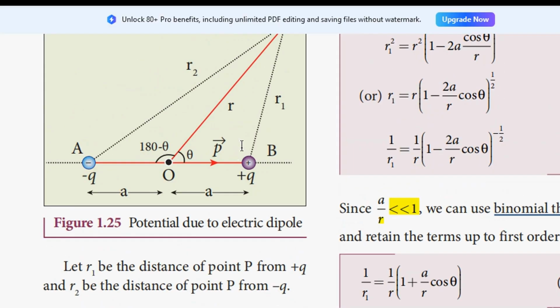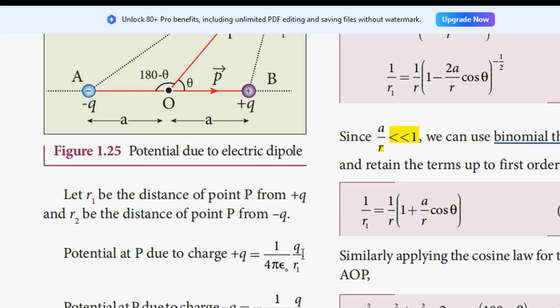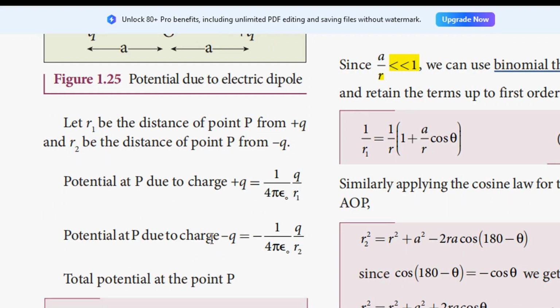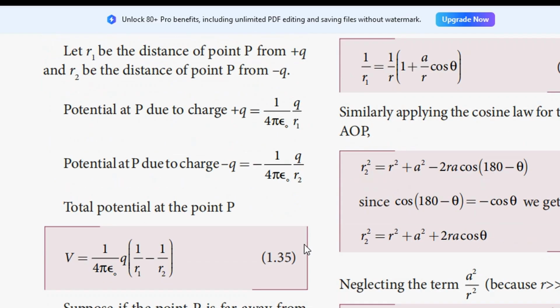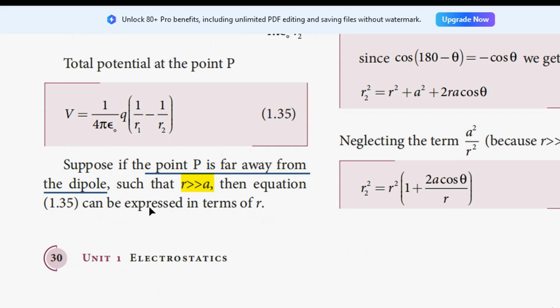So the potential at the point P due to a charge plus Q is given by 1 by 4 pi epsilon Q by R1, and the potential at the point P due to a charge minus Q is given by minus 1 by 4 pi epsilon Q by R2. So the total potential at the point P is given by V equal to 1 by 4 pi epsilon Q into 1 by R1 minus 1 by R2. Suppose the point P is far away from the dipole such that R is very much greater than A, then the equation 1.35 can be expressed in terms of R